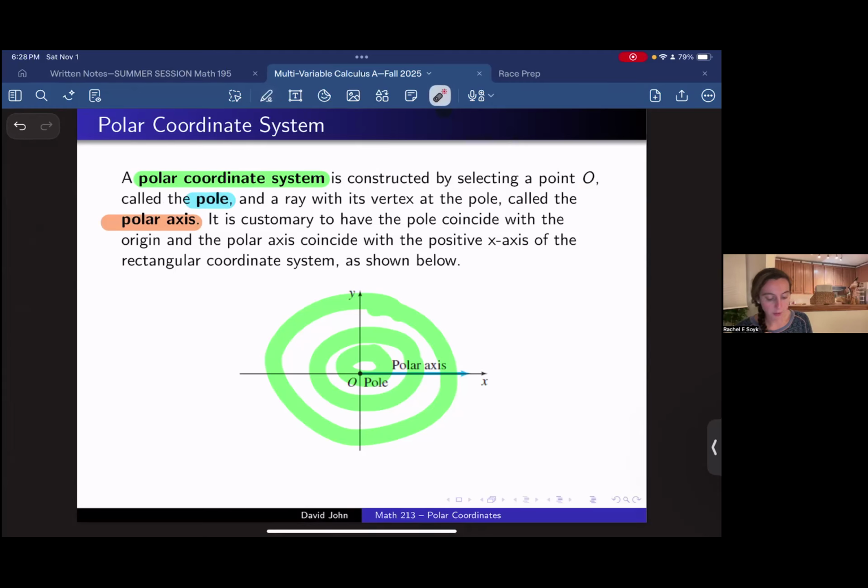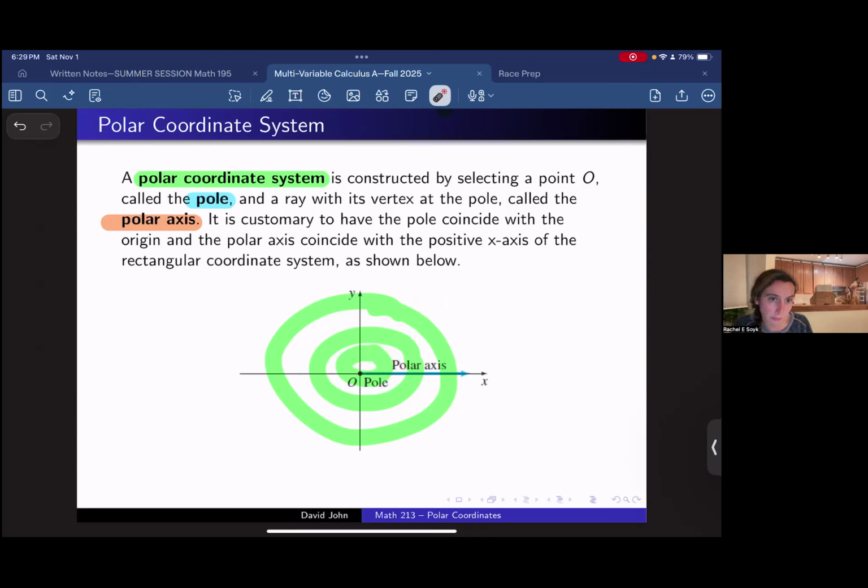So we have a polar coordinate system is constructed by selecting a point O, which is stemmed at our origin in this case, called the pole, and a ray with its vertex at the pole in order for us to create that angle, called the polar axis. So right now we're looking at an angle of 0 degrees, but then if we took that sort of hand and then created an angle, we can have a nice 45-degree angle over here,